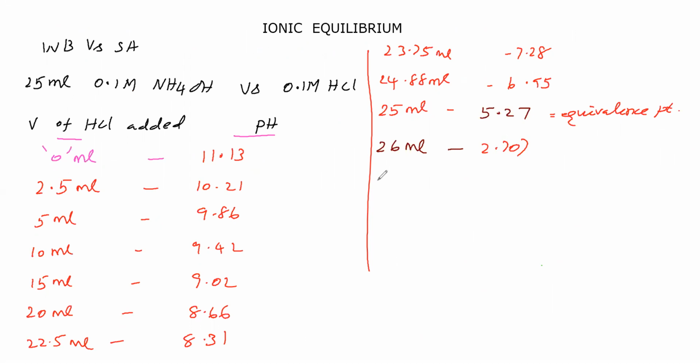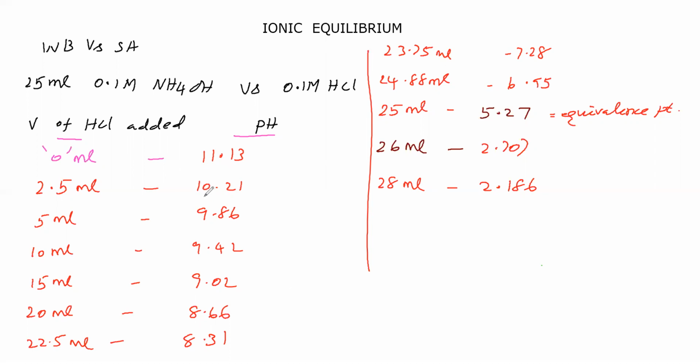So let us continue adding HCl from the burette. 28 ml we have added. Now the pH of the solution is still reducing, that is 2.186. So the pH goes on reducing here. How the pH change takes place near the equivalence point and away from the equivalence point, we will discuss now. Here the pH is 11.13.